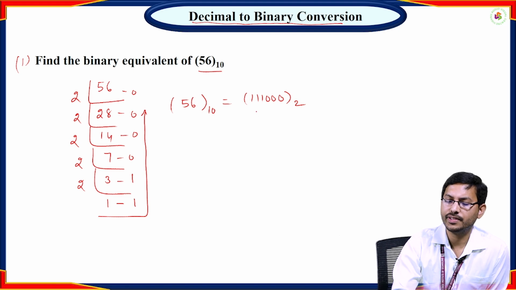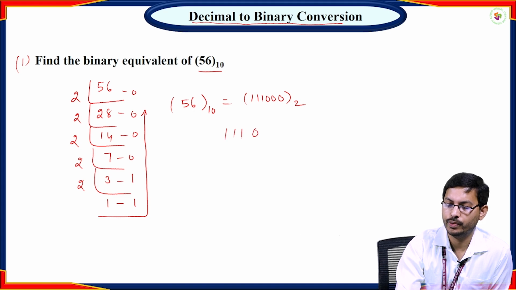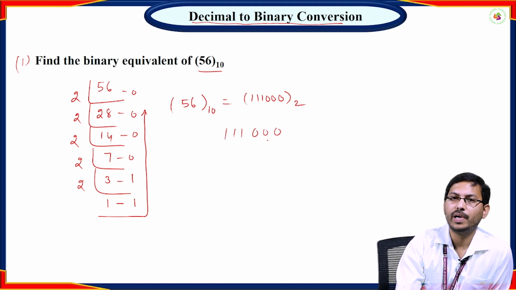So you can cross check this one whether it is correct or not. Just take this one: here 1 1 1, here 0 0 0. It is multiplied by 2 power 0, 2 power 1, 2 power 2, like that. So if you take here, so here